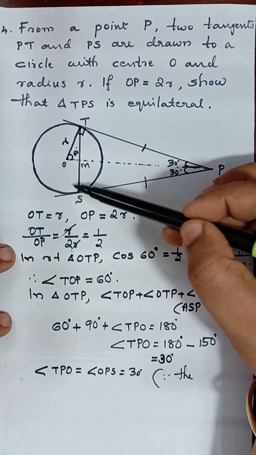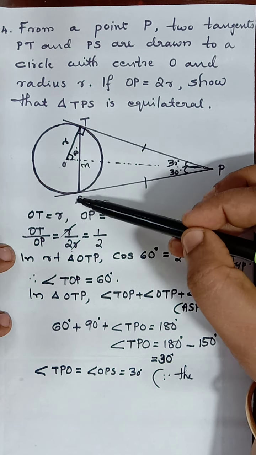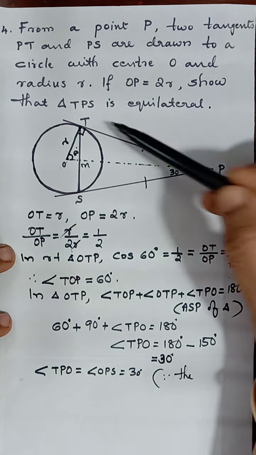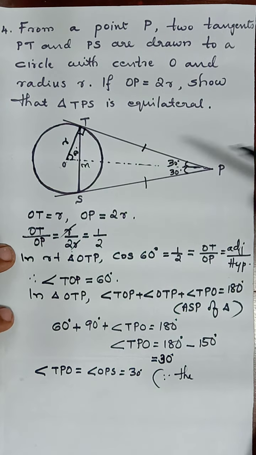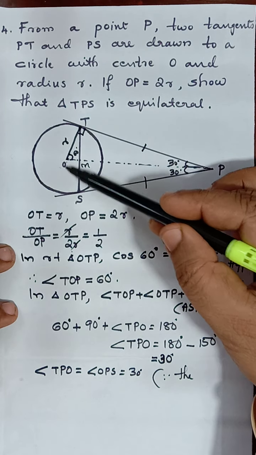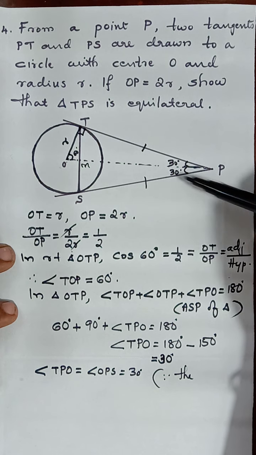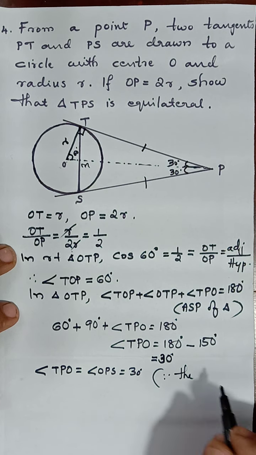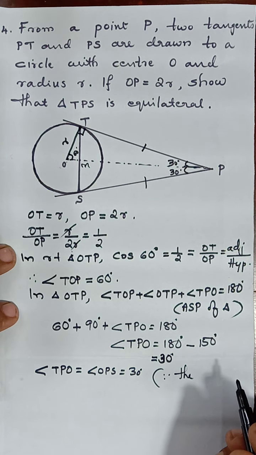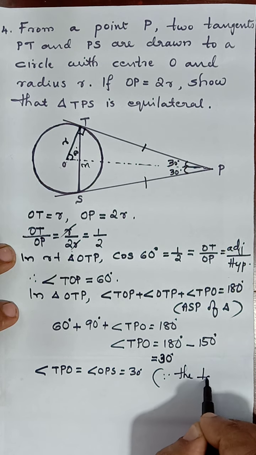Similarly, here we have the radius. These two are the same. Then PS is equal to PT and OP is common. By SSS congruence rule, these two triangles are congruent, we can say. If they are congruent, we can say these angles are also equal. We don't want to write much. We can just write that tangents to the circle from an external point are equally inclined.